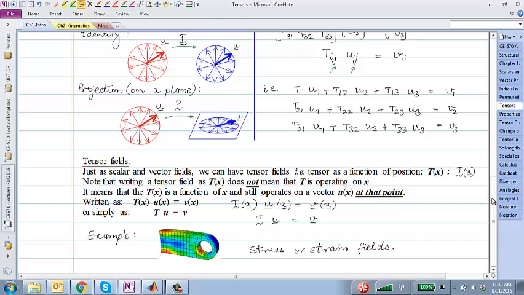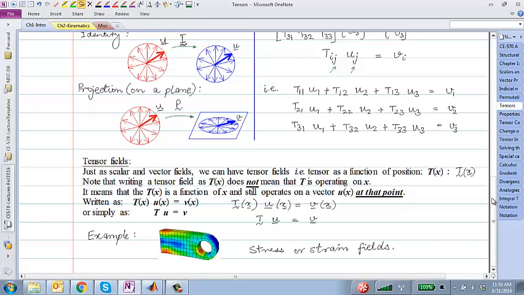In the same way, we have something called tensor fields. As you might imagine, for example, stress and strain are not uniform in a deformed body. Different points in the body will have different stress and strain. So if you think about that concept, then